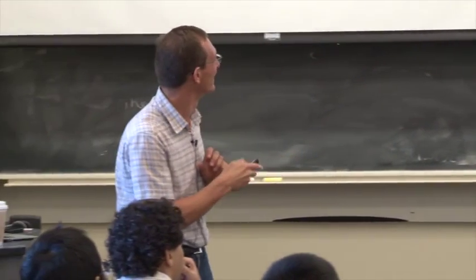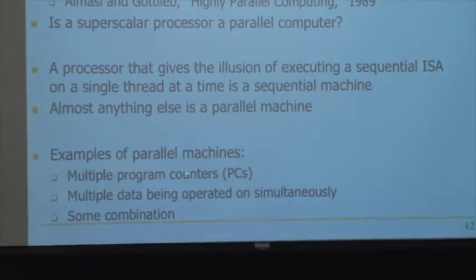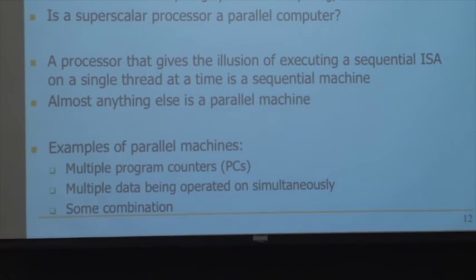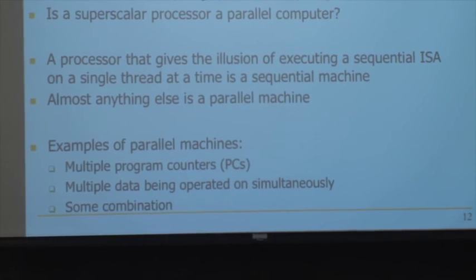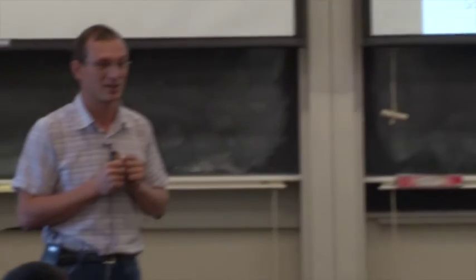So examples of parallel machines are machines that have multiple program counters. For example, based on this definition, a superscalar processor that has a single core and that is not multi-threaded is not a parallel computer. It's a sequential computer. But if you have multiple program counters, then you have a parallel computer. And you can have multiple program counters in different ways, right? You can have multiple processors put together that can communicate with each other.